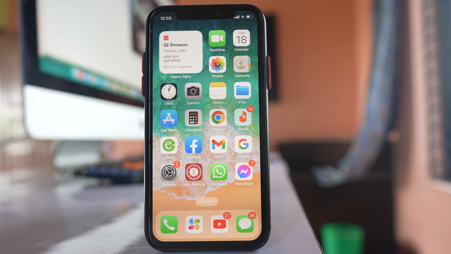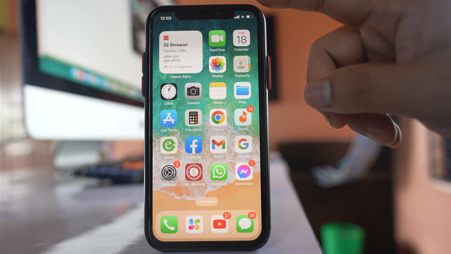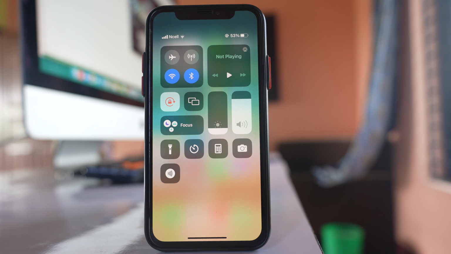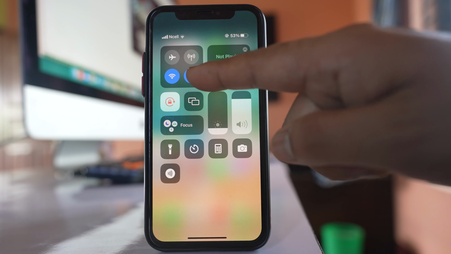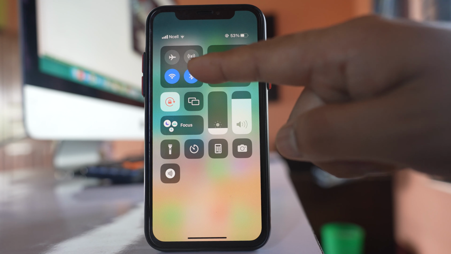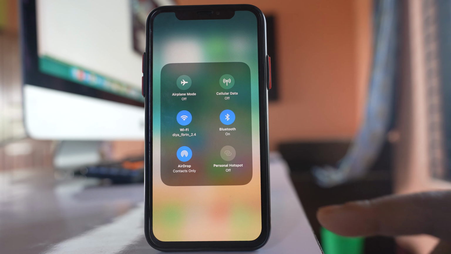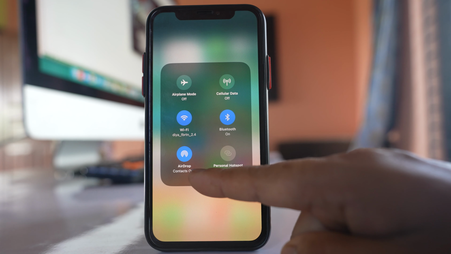For that, we will swipe the iPhone screen from the upper right corner to open the Control Center. Now if you see, there are these connection icons here like wireless, Bluetooth, etc. I will tap and hold on this icon here, and you see there is an option, AirDrop, which is